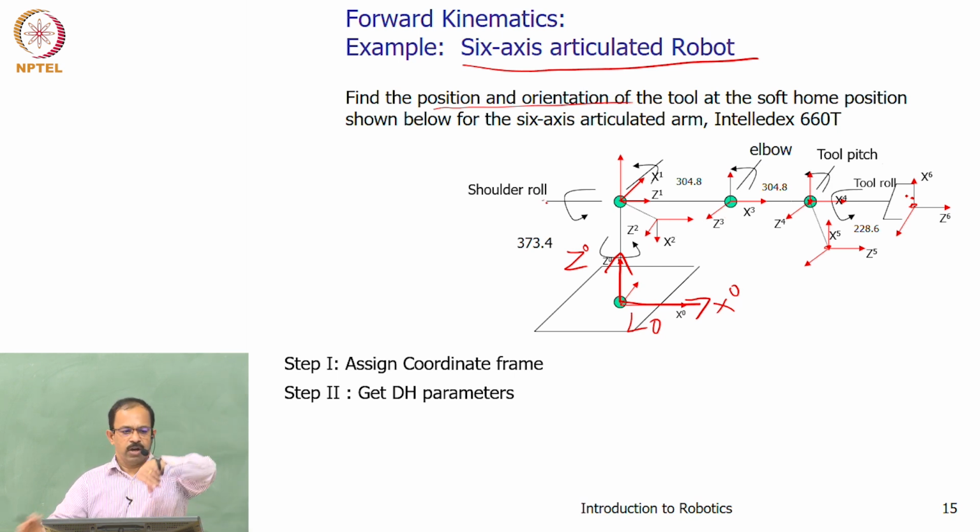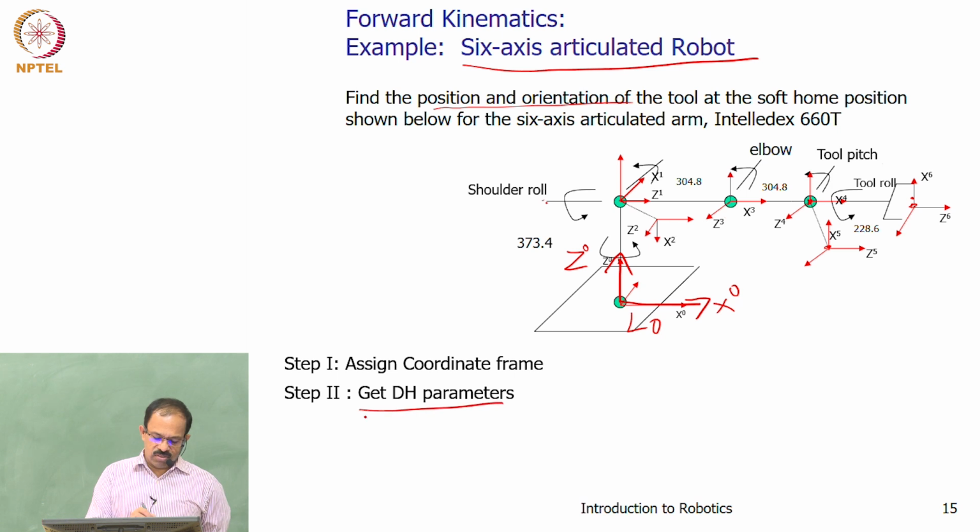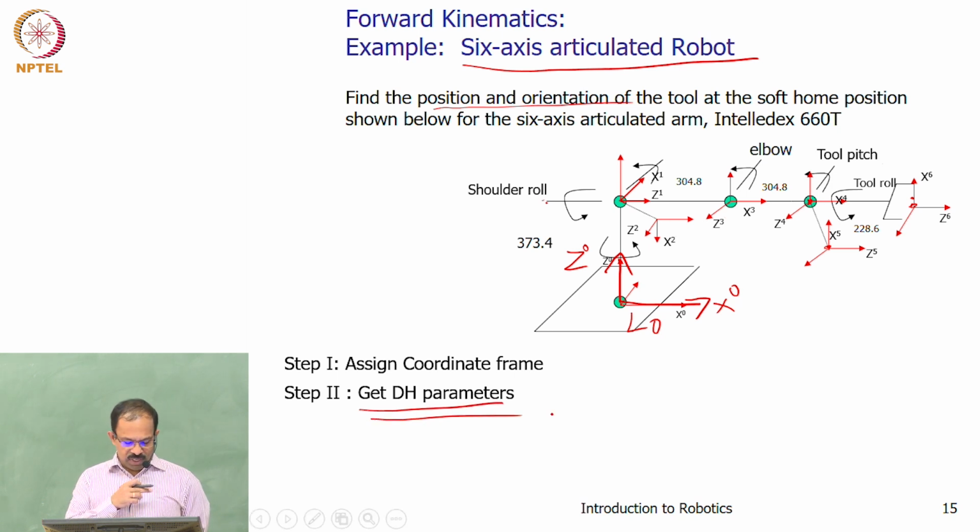So that is the way you get it. Okay, time to stop. So now get the DH parameters. I am giving this to you. Please find out the DH parameters and bring them tomorrow. Then we will see how to develop the forward kinematic relationship for this. Once you get the DH parameters, there is nothing to do other than the matrix multiplication. So get the forward kinematic relationship for this approach.